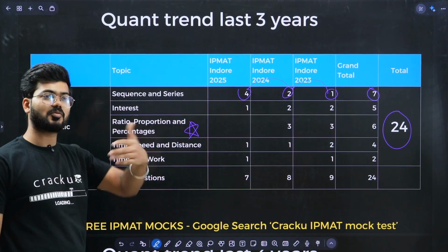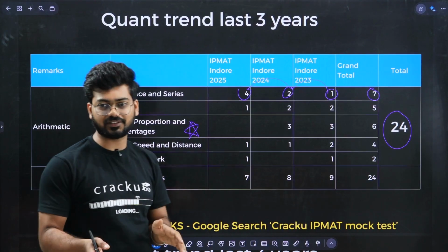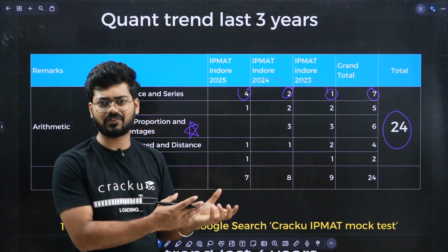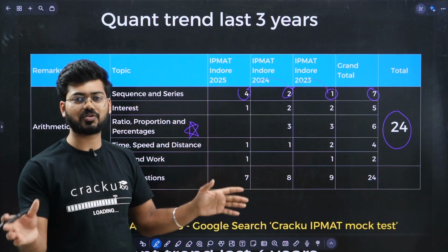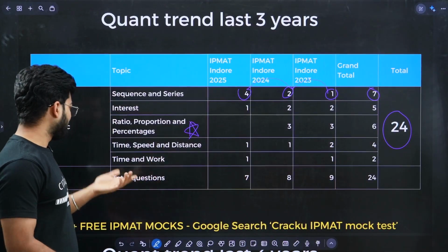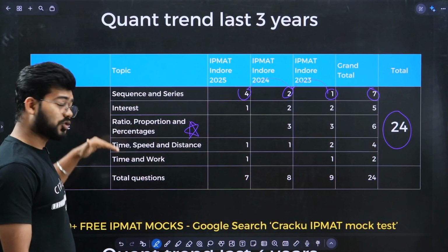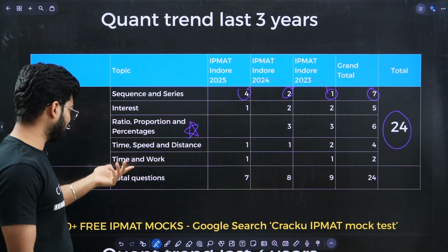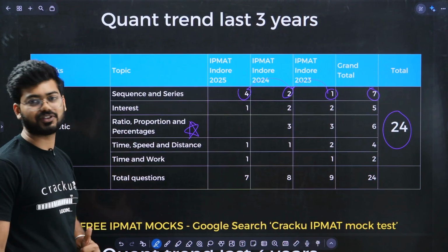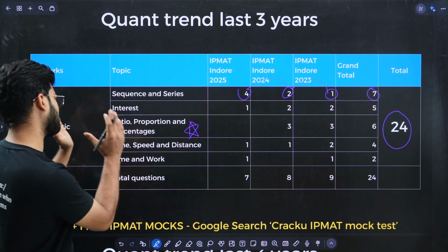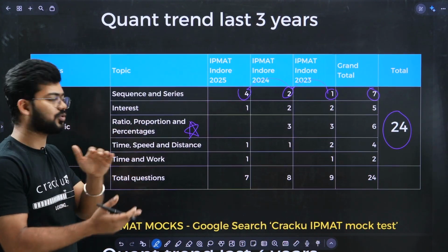Let's say you are talking about geometry. The ratio of the radii is given, or some logic of proportion is given, right? It is proportional to this, and then you have to figure it out. In time, speed, distance, ratio and proportion can be used. Definitely it is used. In time and work, ratio and proportion is used. So you should understand what ratio is and how to use it.